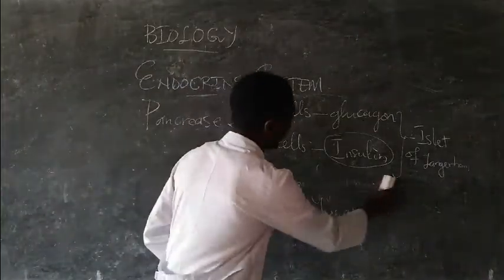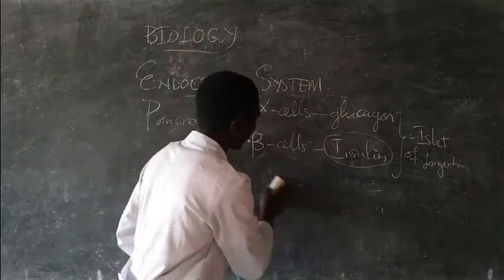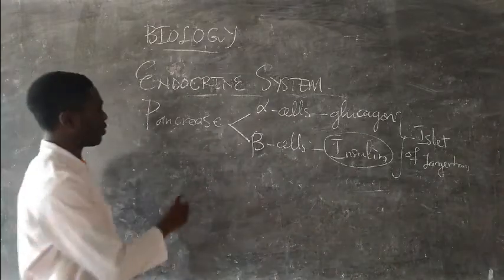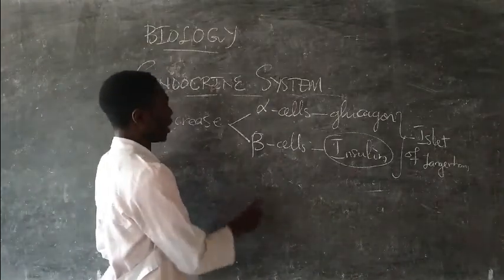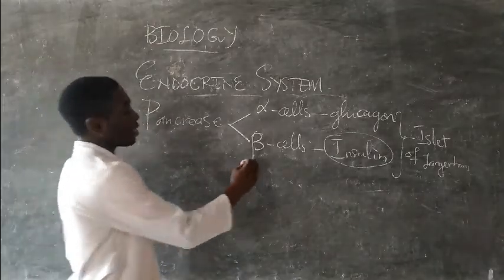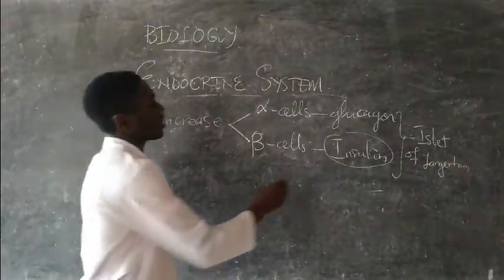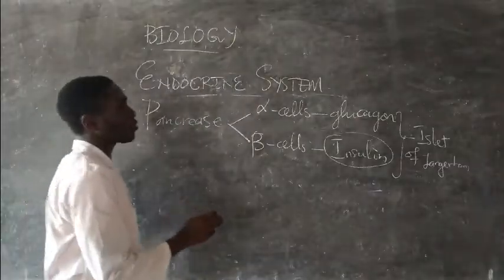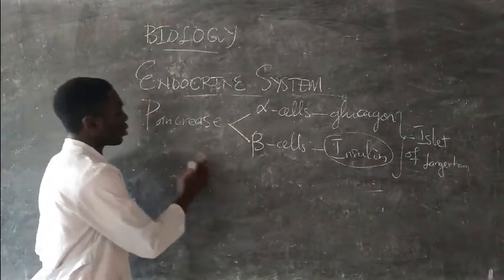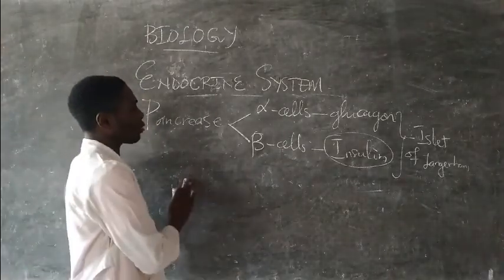All right. So when the level of glucose in blood is higher than the normal range, which is averagely 0.9 grams per liter, if it's above the upper limit, that's 1.1 grams per liter, the beta cells of the islets of Langerhans detect it and then they secrete insulin. Remember how hormones function. Insulin is going to bind to its receptors. Insulin binds to its receptors and mediates the opening of